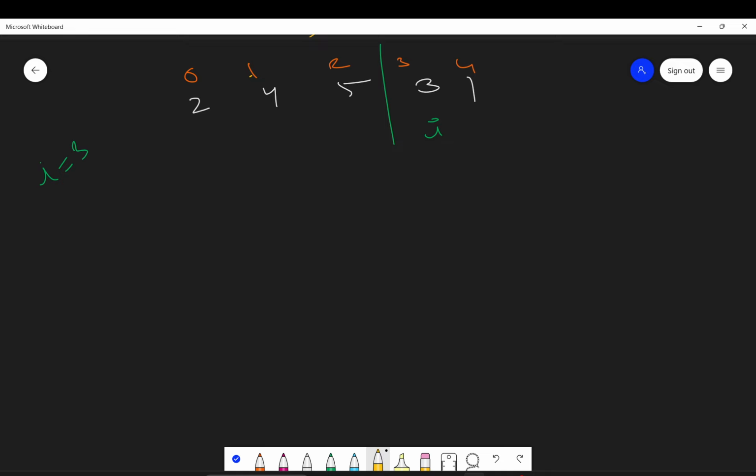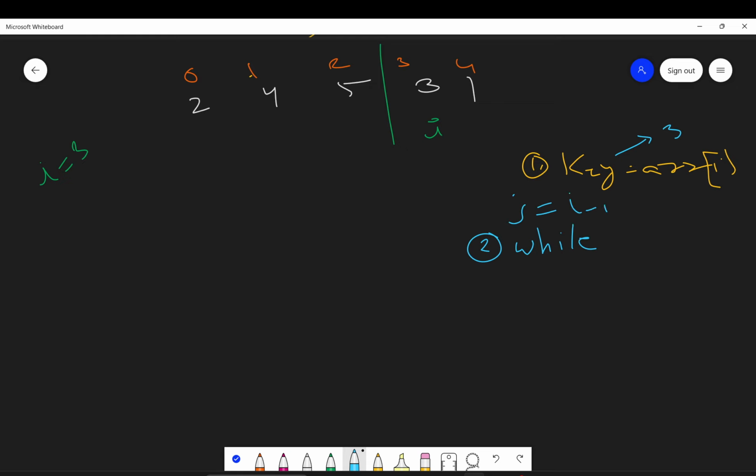Okay. So first step is to store arr of i in a key. So your arr of i is what? 3. So you will store 3 in this key. Now second step is while, so j will be equal to i minus 1.